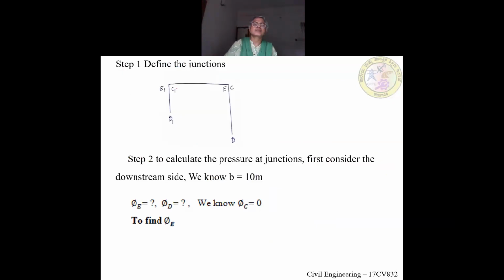So see here, I have defined the key points for the sheet pile 1 as C1, D1, E1, and here I have taken C, E and D. You can take it as C2, E2, D2 also, or according to the standard formula, this is how it has to be given. So we know what is phi C1. phi C1 is equal to 100 minus phi E. So therefore, to determine the pressure at C1, we have to first find out the pressure at E.